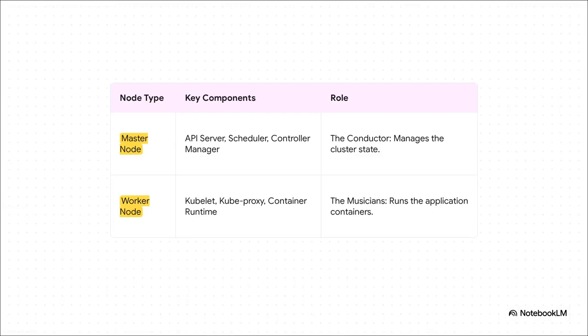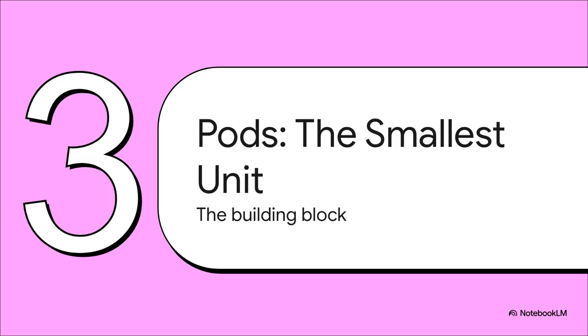So how does this whole conductor thing actually work? Well, a Kubernetes setup is called a cluster, and it's basically got two kinds of servers. First up, you have the master node. That's the conductor, the brain of the whole operation. Now, don't worry about all those component names you see there. Just know its job is to make all the decisions. And then you've got the worker nodes. These are the musicians, the actual muscle that runs your app. The master tells the workers what to play, and they play it. Simple as that.